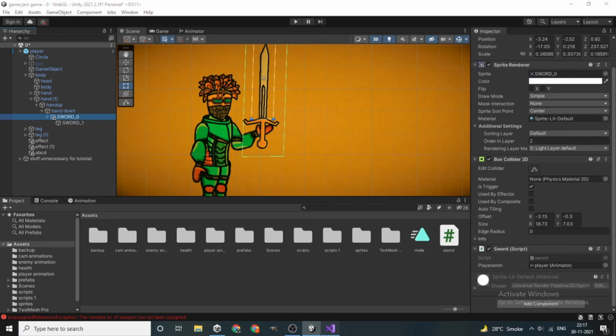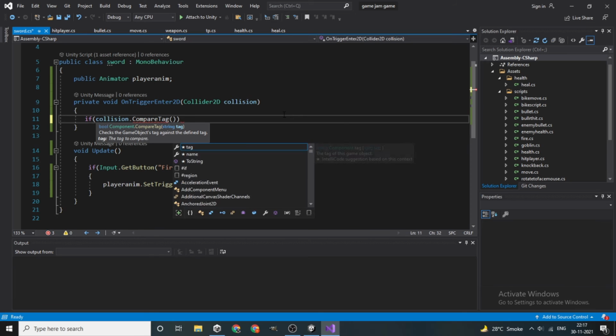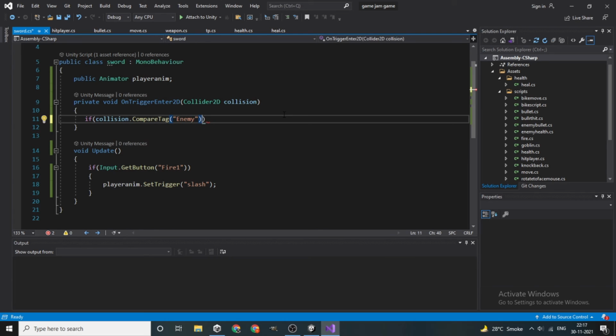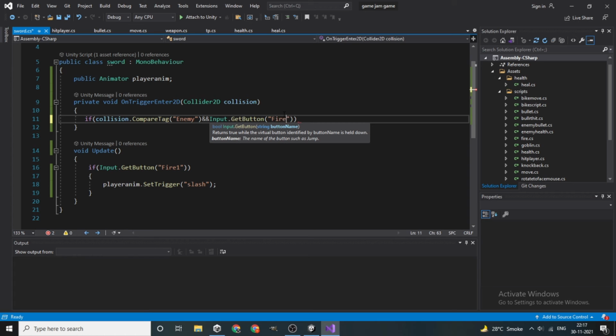On our sword script, if collision.collider.CompareTag is Enemy and we want Input.GetButton, and the button we are going to search for is Fire1 again.